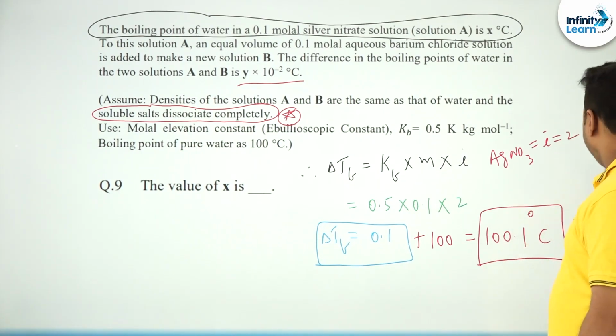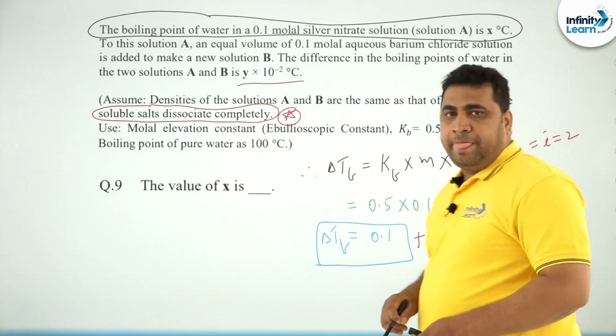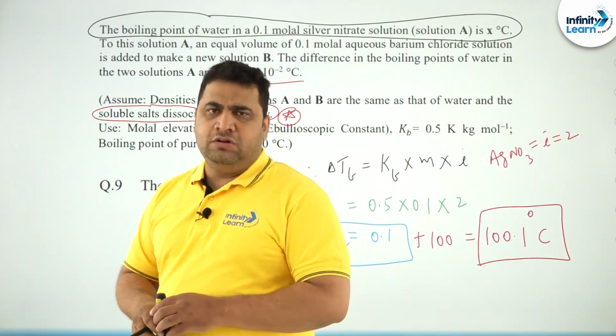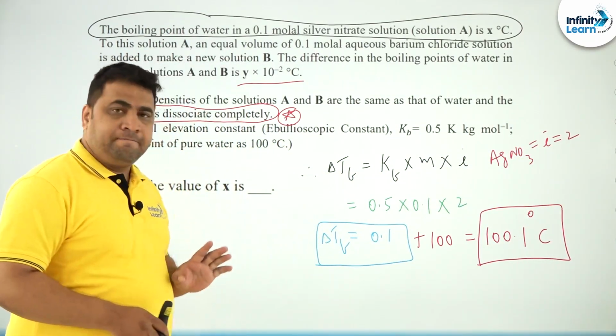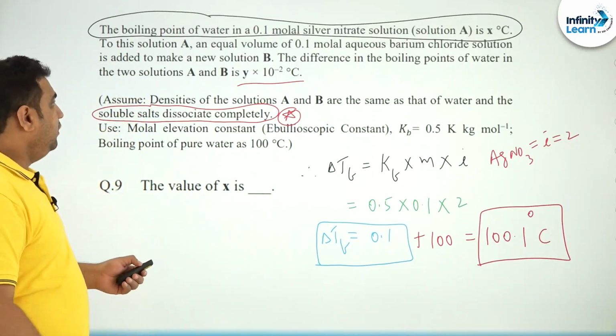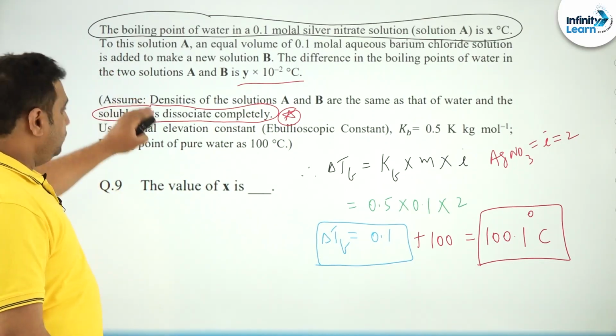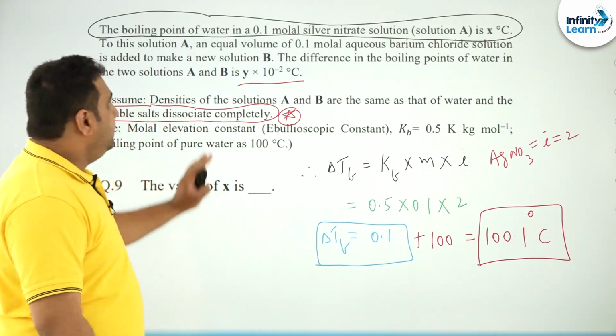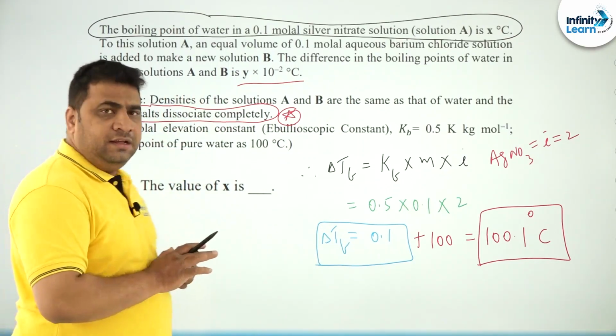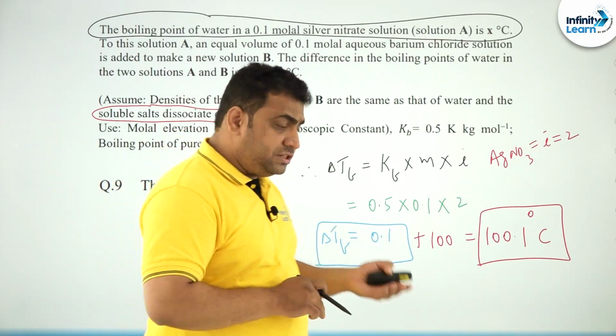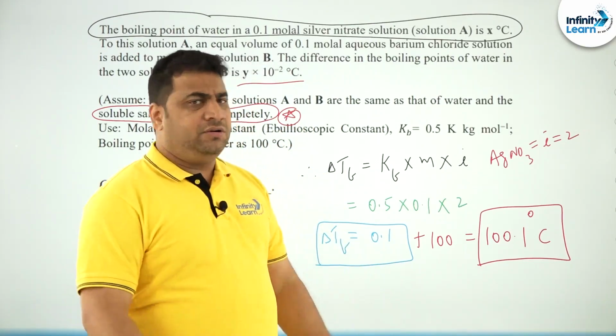Remember this, here mistakes will happen by students. In excitement, he will say so easy question. So, a small trick is available there. Now what is happening? To this solution, you are adding barium chloride solution. Obviously, something may happen, some reaction should occur.